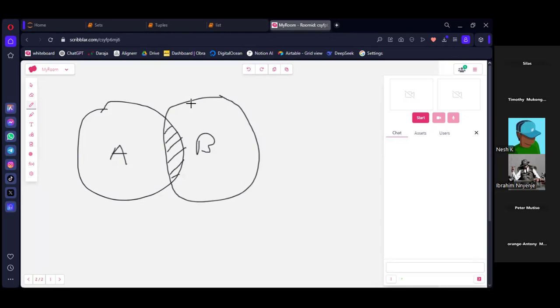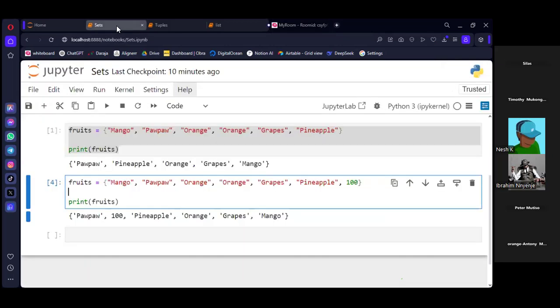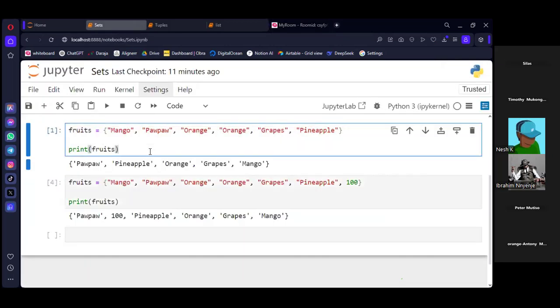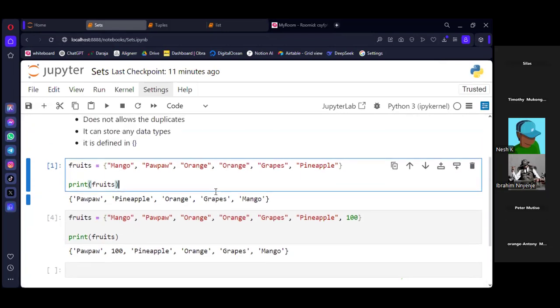And by the way, we have other methods as well for sets. I'll try to include them in the slide so that you can learn more. Just know that it's the same as what you learned in high school: the union, the difference, symmetric difference, and intersection is still the same thing.